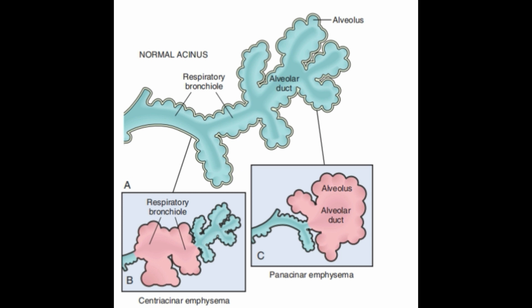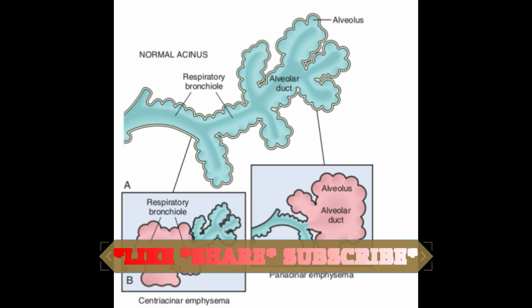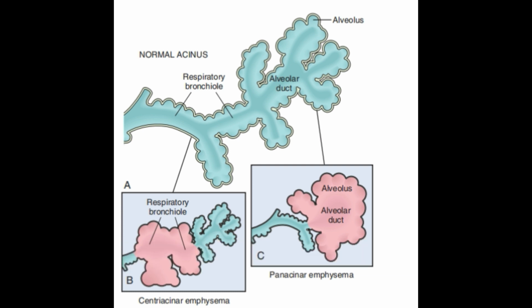Overlap means that many symptoms and pathological conditions may overlap each other. It should be noted that emphysema is defined on the basis of morphologic and radiologic features, whereas chronic bronchitis is defined on the basis of clinical features. Understood? Okay.